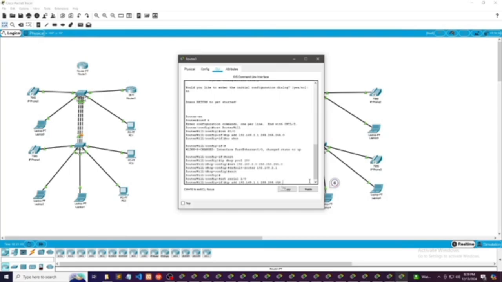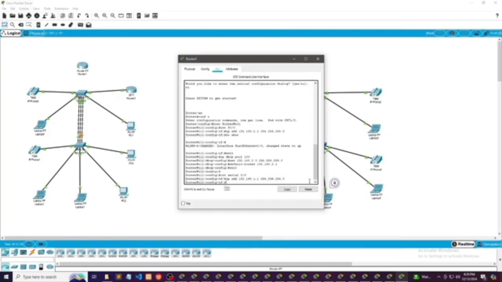And then clock rate. There's a clock rate. We're going to use 64,000 here. Actually, the clock rate we're going to use is 64,000, but if ever it's 46,000, it's okay actually. As long as the codes work and the function you need in this system works, it doesn't matter, as long as it works. Okay, so enter. After typing the clock rate, enter.